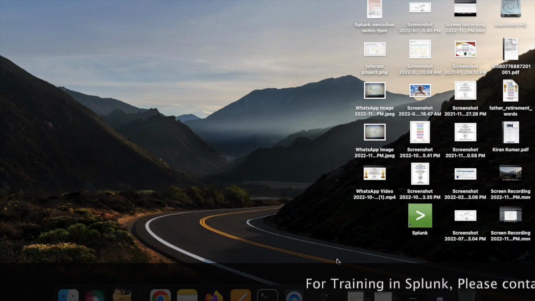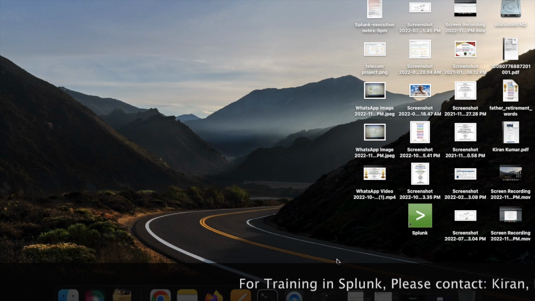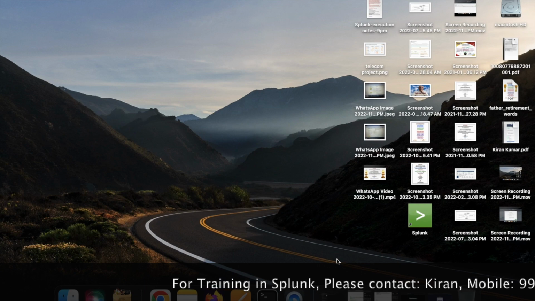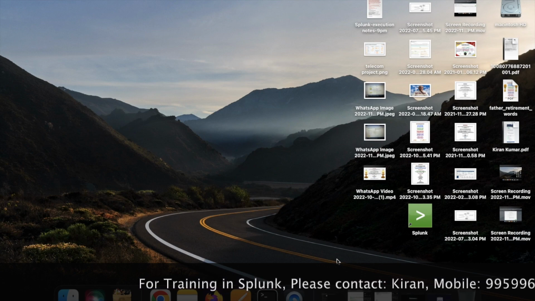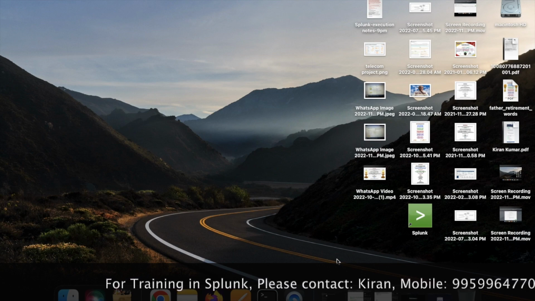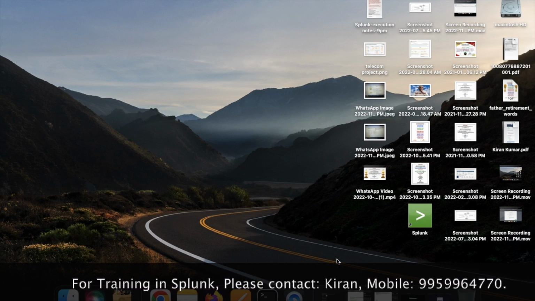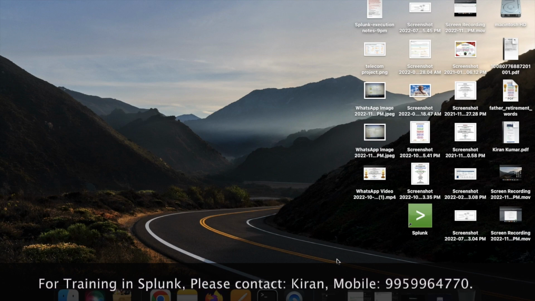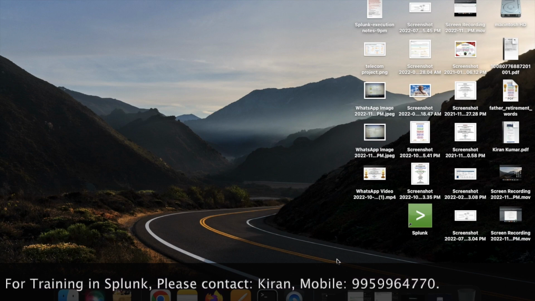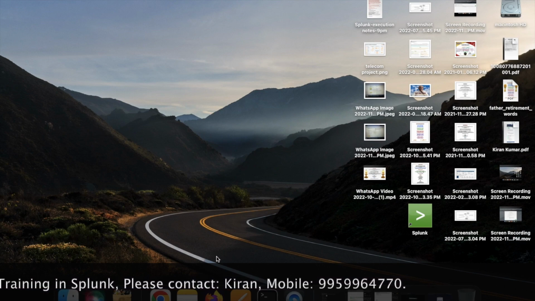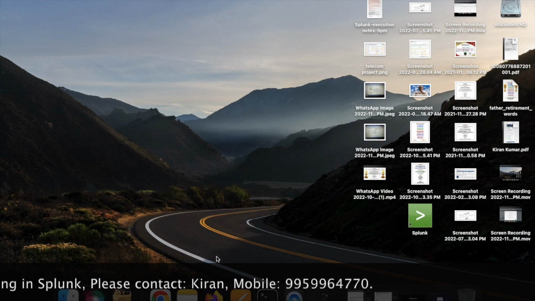In order to get the data ingested, which data? ServiceNow data into Splunk environment. So first of all, you should have a ServiceNow instance up and running. Okay. So if you are working in an organization, you will already be having one. Otherwise, if you are practicing and want to integrate, you must have a ServiceNow